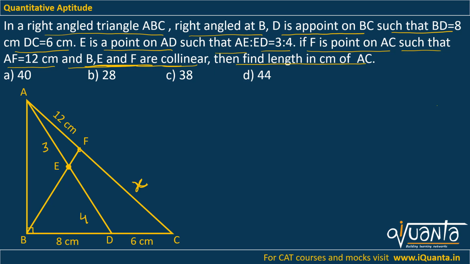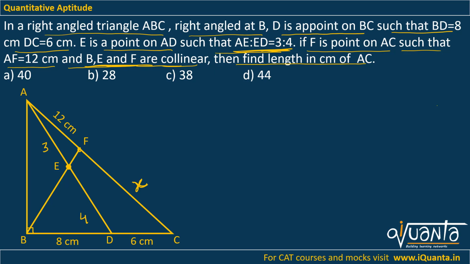I told you that when you have a figure formed by straight lines and you are given some ratios, like here we have been given AE ratio ED equals 3:4, then you can use mass point geometry there. It is not guaranteed that mass point geometry will answer all your questions, but still you can think of it. It is very easy to apply, and you can do it very quickly, even within 1 minute, you will know the whole situation. So you can first go through mass point geometry whenever you have a situation like this. Again, mass point geometry will only be useful when you need to find ratios or lengths of sides. So let me start balancing this figure over here.